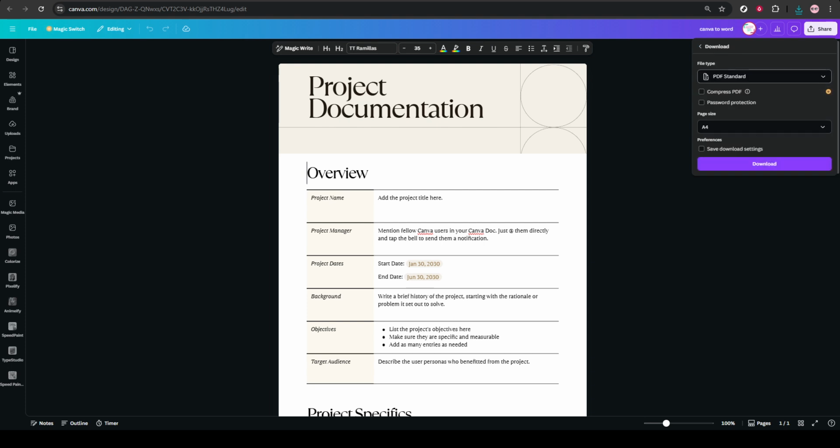In the Download settings, click the File Type drop-down. You'll see several formats here, but for Word, you want a .docx file. Select .docx. When you export to docx, Canva does its best to keep text editable and preserve layout. Complex effects or very stylized elements may flatten or shift slightly, so we'll plan to give the file a quick